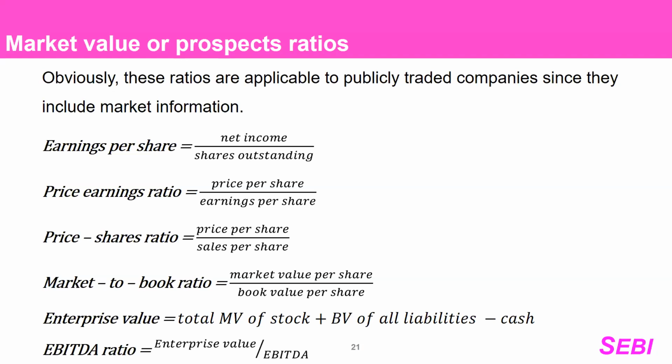Right? This value is similar in spirit to the price earnings ratio, but it relates to the value of all the operating assets of the enterprise to measure the operating cash flow generated by those assets. Right? So the enterprise value here is an approximation of the value of the operating assets in a company. The ratio at the bottom, the EBITDA ratio, looks at the operating assets of the company divided by the amount of